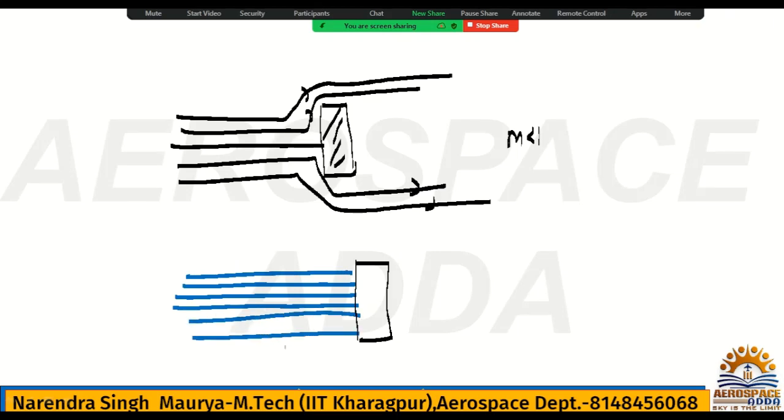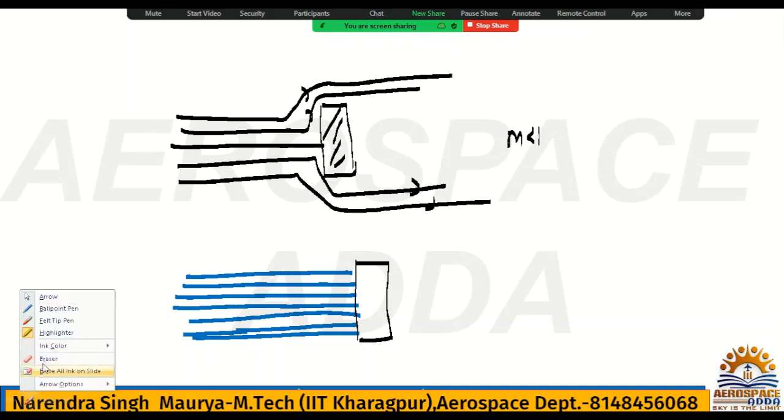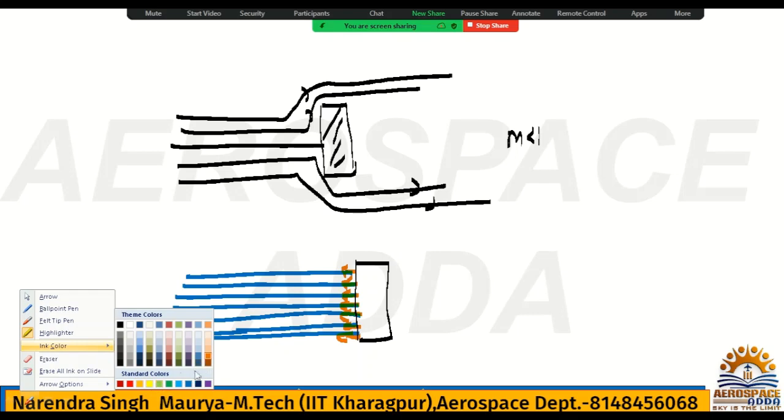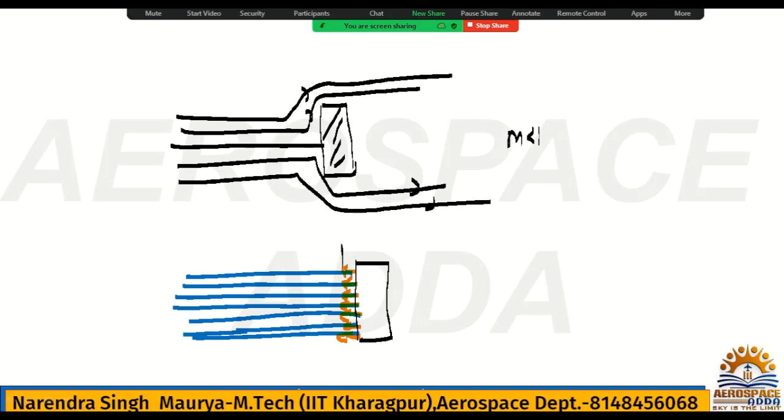These are the blind particles, okay. And then once they go and hit the object, what will they do? They will rebound, because this is a solid surface, the particles will rebound like this, okay. And the incoming particles will again collide with the rebounding particles. Then a very thin region will be formed, and this thin region is called